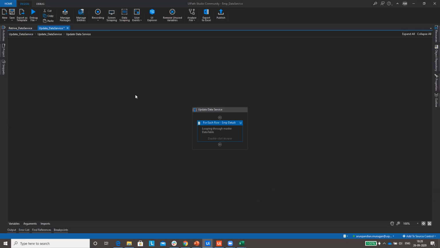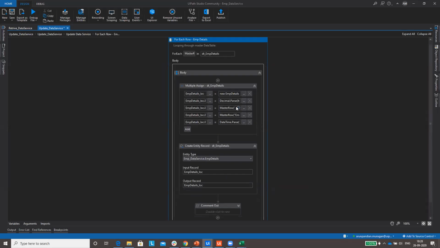That assign part, right? You are using master row on the right hand side. On the left hand side, I don't have a doubt, but something called child, the assigning part, master row, right? Normally the for each row will have just row. Yes, I have now changed it to master row. I thought it was something other than that. I did not see the top one. I got it now. Thank you.